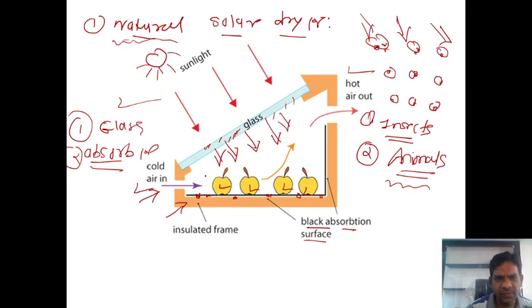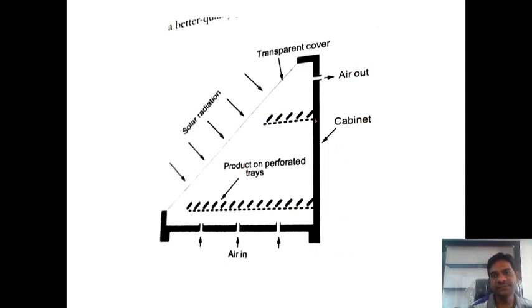we have to provide one gate there, cold air in. Whenever this cold air enters inside the solar dryer, the solar energy is absorbed by this air. Okay, its temperature will increase, and this air having high temperature is circulated inside the solar dryer, you can observe here, and it removes the moisture which is present inside this food. This moisture is removed and the temperature of the air increases, hot air, because of the low density this hot air exits through this opening gate which is provided at the top position of the solar dryer. So in this way we can dry the foods, guys.